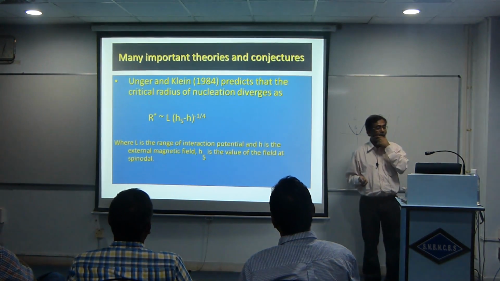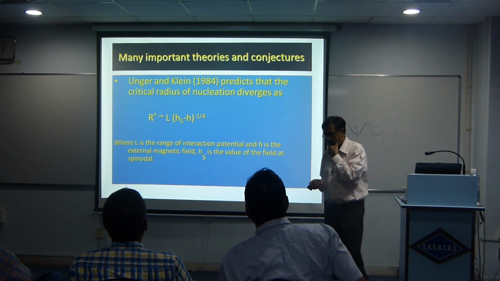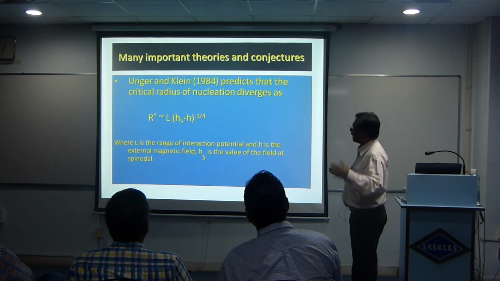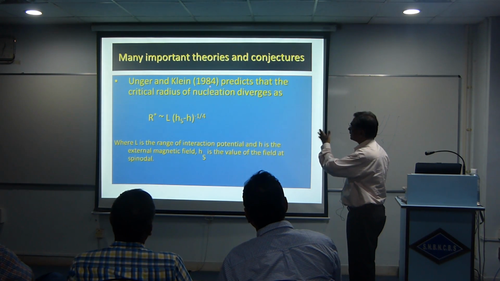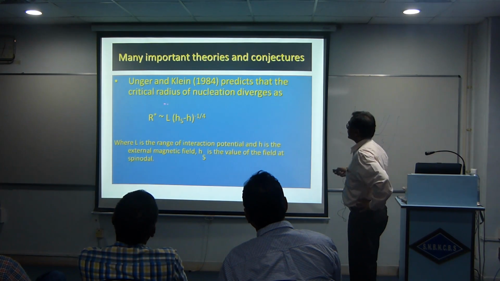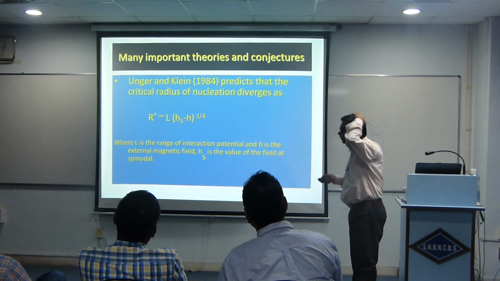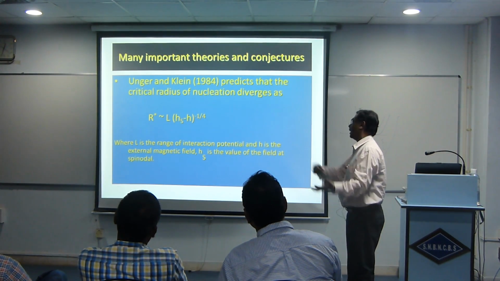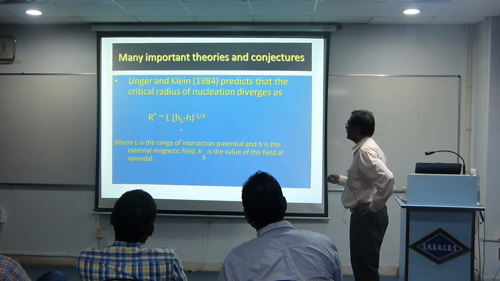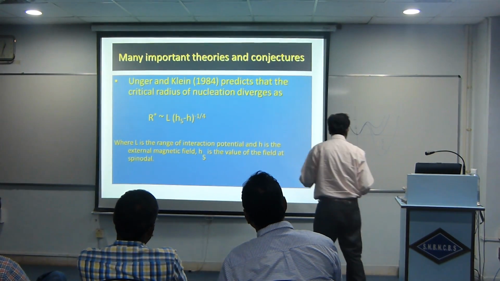Okay. Now, some of the controversies and mistakes. Unger and Klein. This is Dr. Klein from Boston University, and Unger, who did a lot of work. They predict, I told you that I am slowly moving, this is pre-2000, then I'll come to post-2000. They predict that the critical radius of nucleation diverges. It's very interesting. This is in terms of a magnetic field, because these phase transitions are all universal. A first order phase transition is in the presence of a magnetic field. HS is the spinodal. So now they are saying, when you go to large supercooling,